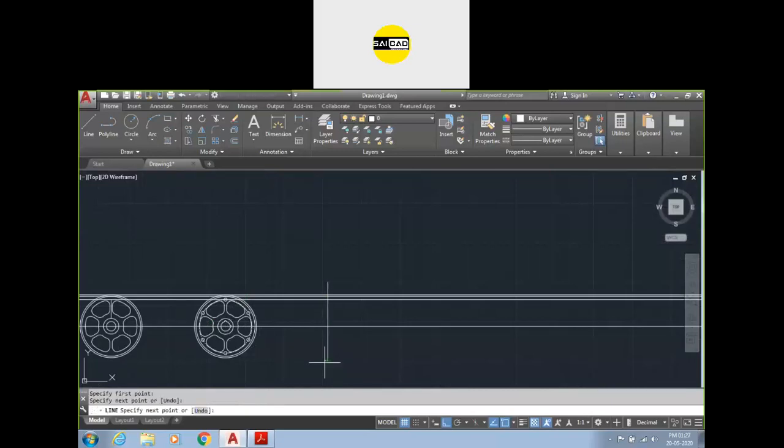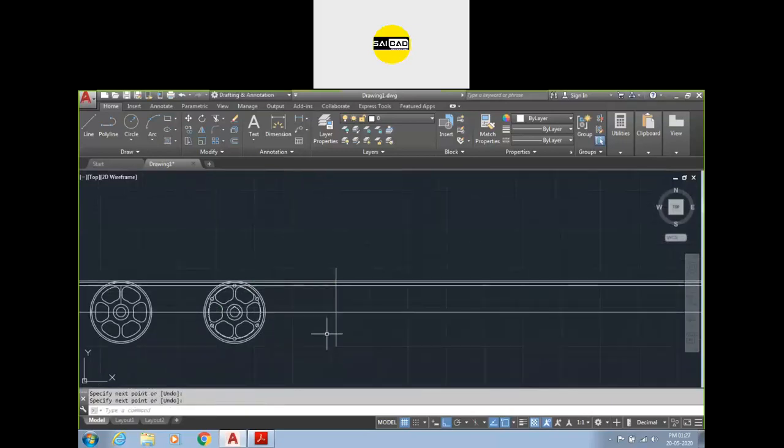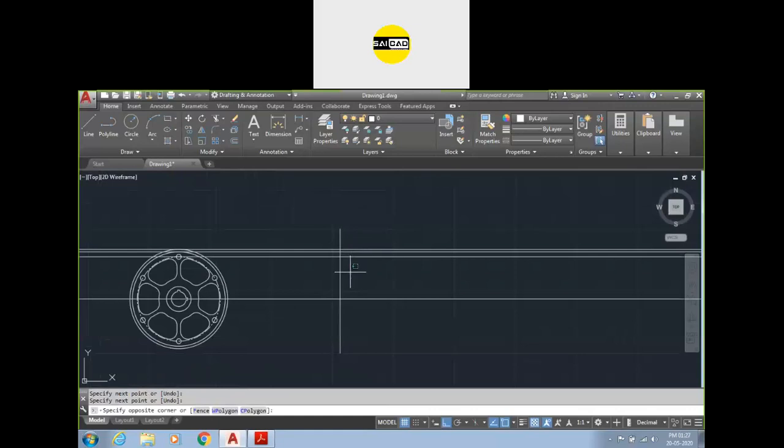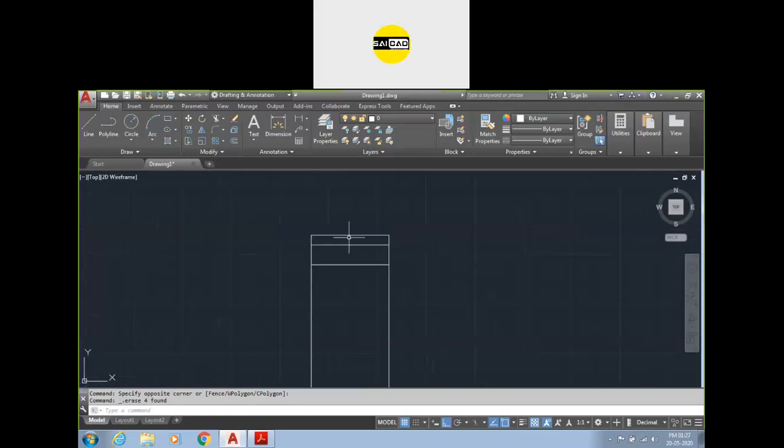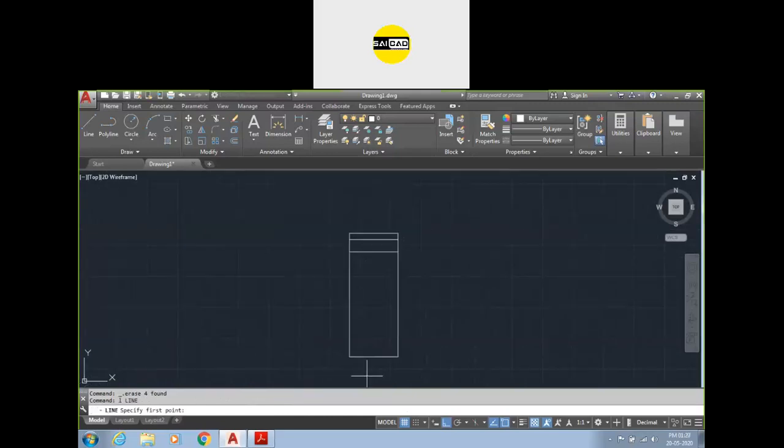So create a line here. Okay, and create an offset of the line that is 80, like this one. Trim above and below. So you can see this will be the half. We can just trim out everything and select and delete everything. So we got the first thing. Now we have to create a line at the center like this.